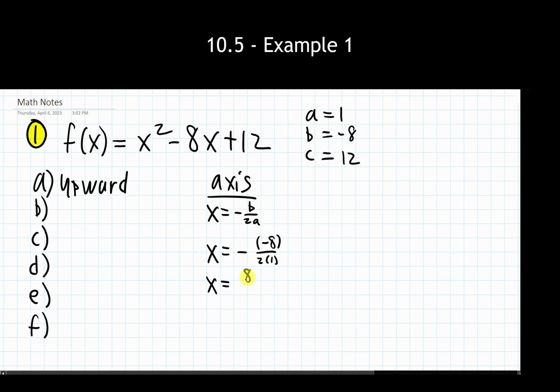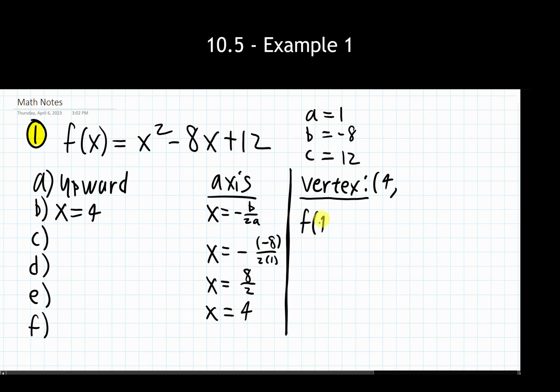Perfect. Part C is asking for me to find the vertex. Now the great part about the vertex is the axis of symmetry that we just found right here in this part of the equation actually tells us the x value of our vertex, which is fantastic. So we have half of this answer already done. The unfortunate part is that we do not have any kind of a shortcut to find this y value. So the only way we can do that is to take this x value of 4, plug it into the equation for x, and solve for what comes out of this.